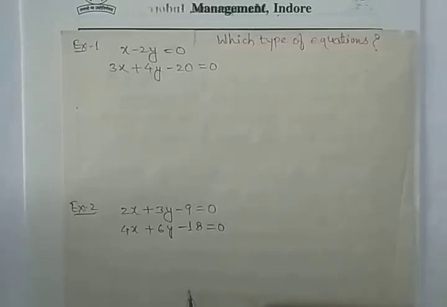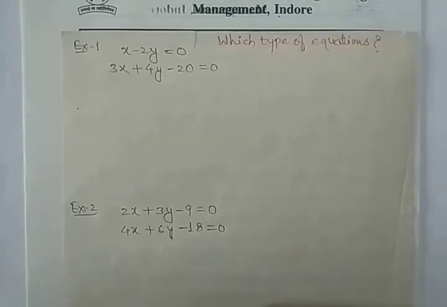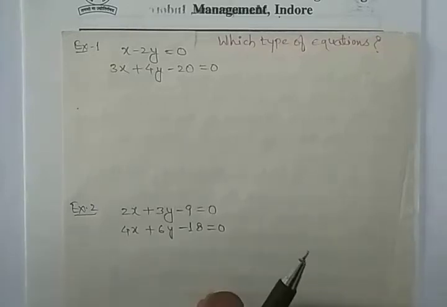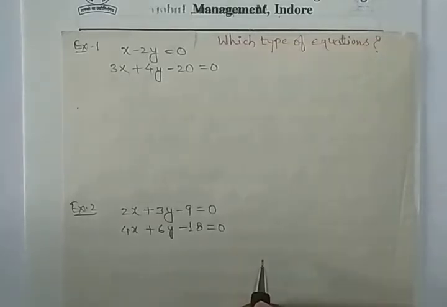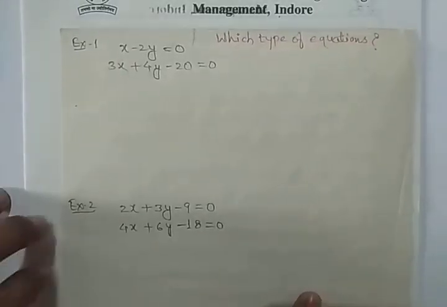We had already discussed consistent or inconsistent equations and which kind of solutions there will be if two equations are given. So now, you can be asked in the exam, in objective kind of questions, by giving two equations, which kind of solution these equations have, or whether these equations are consistent or inconsistent. So we are taking some examples for that.